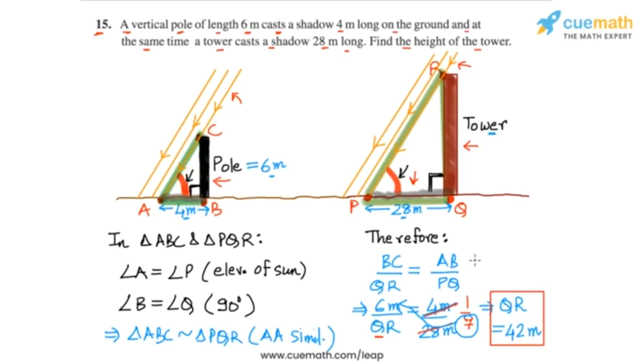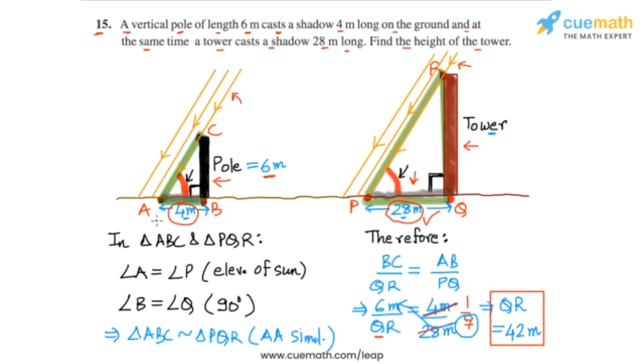So we were able to find the height of the tower just from the length of its shadow, which is 28 meters, and without measuring it directly. This technique has been a very common technique in measuring the heights of tall buildings and other structures. Just find the length of the building's shadow, in this case 28 meters, and at the same time take a short stick or rod whose length you know, like in this case the pole's length is 6 meters, and keeping it vertical find its shadow's length as well, which was 4 meters in this case.